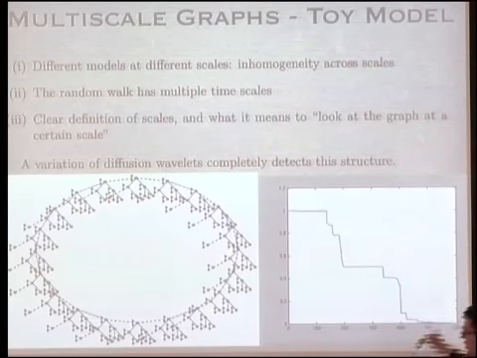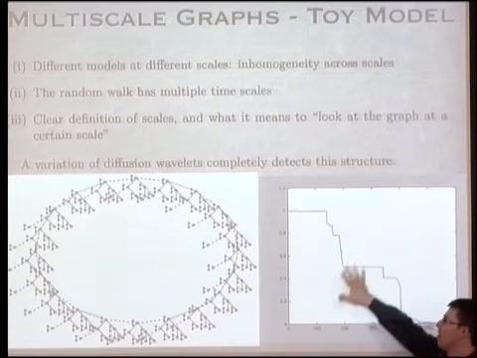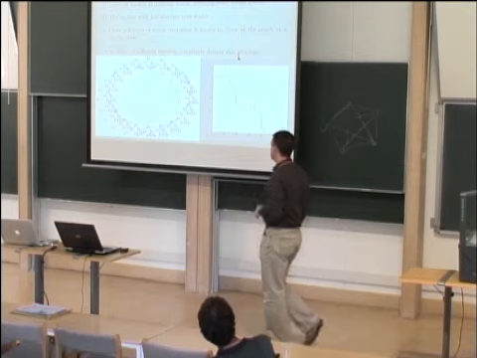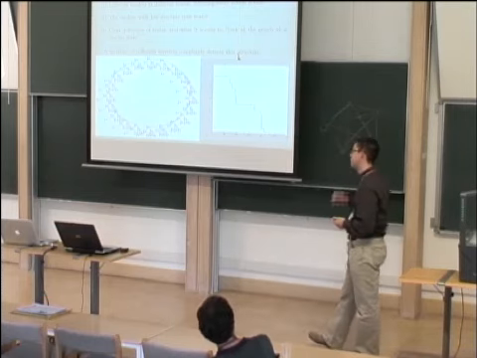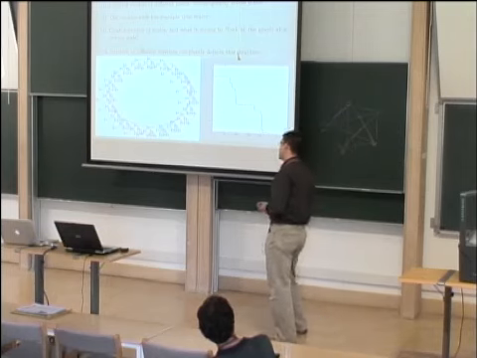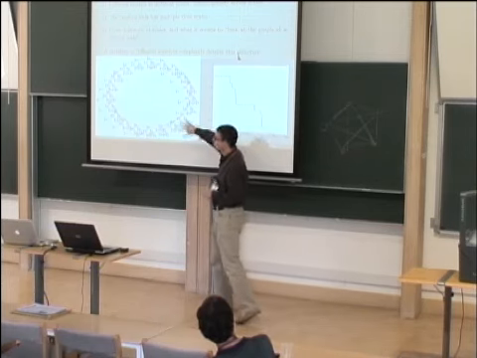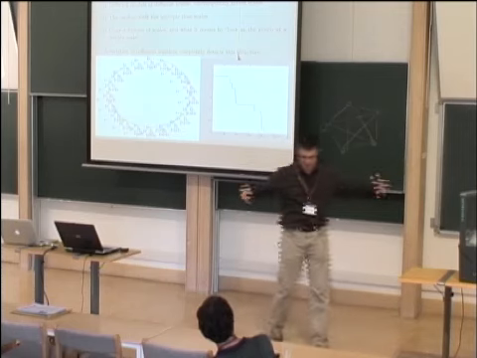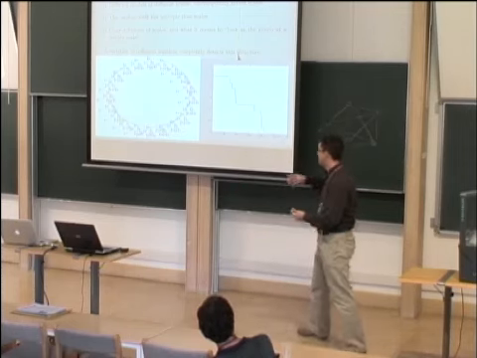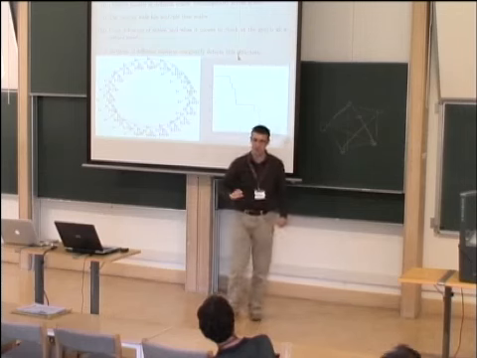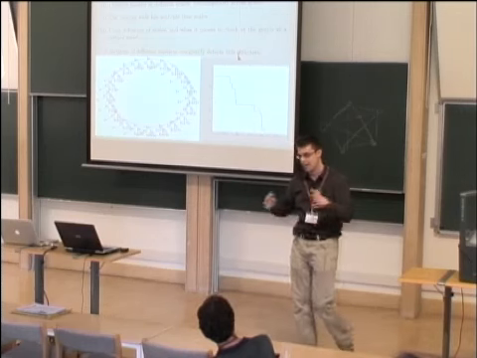So there are different steps which denote different time scales, because if you take powers of the random walk, different parts of the spectrum will die at different times, denoting the fact that you should be able to compress this graph at multiple time scales. And in fact, if you run the algorithm that I described before, the multiscale analysis, up to a small variation, you'll be able to pick up all these scales. You will see that the construction compresses out the little complete graphs, then it compresses out the trees, and then it finds the circle, and in the end, it compresses the circle as well at different time scales.